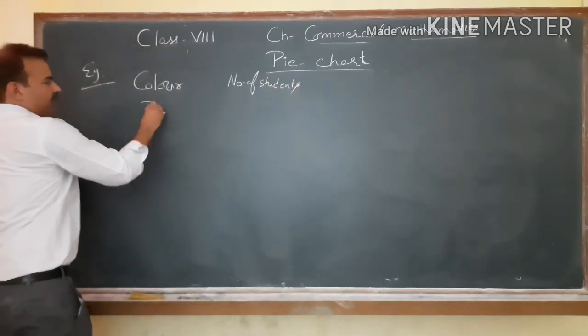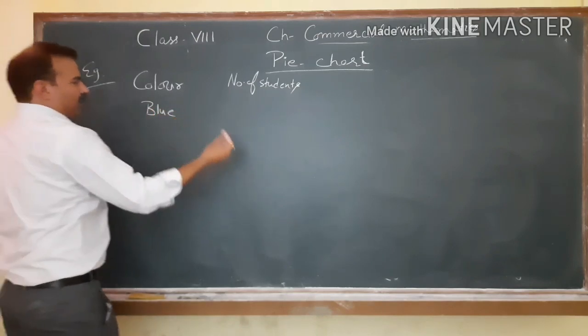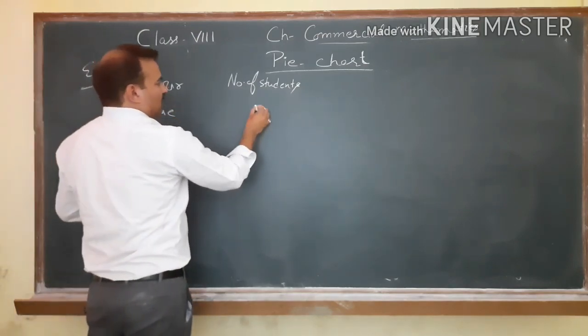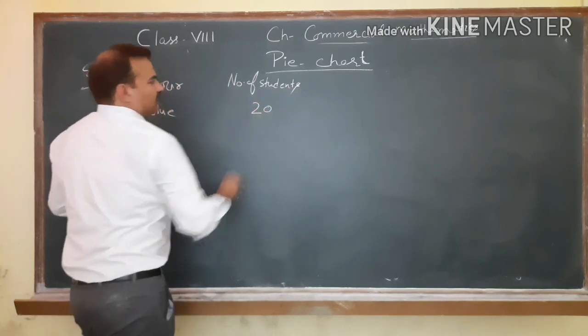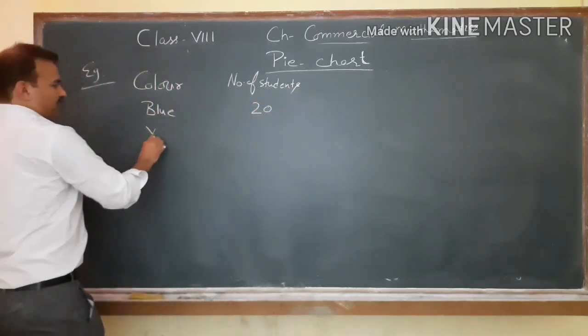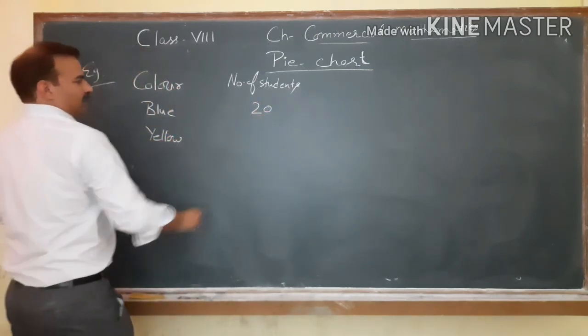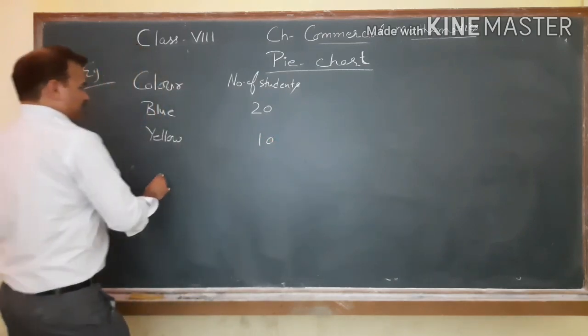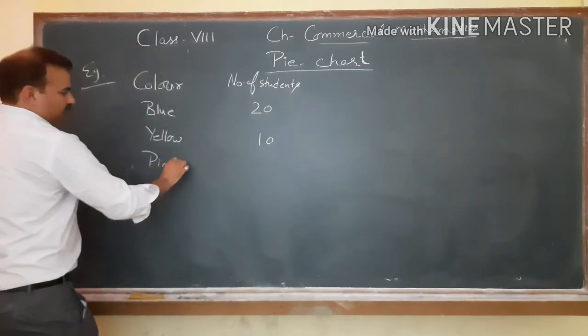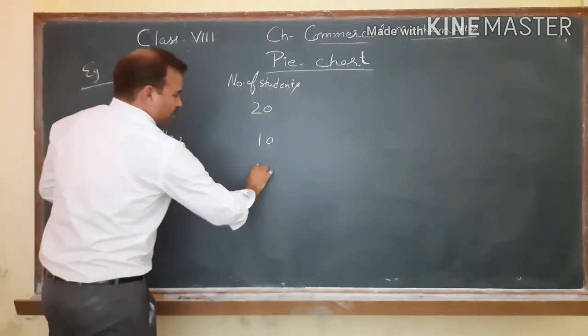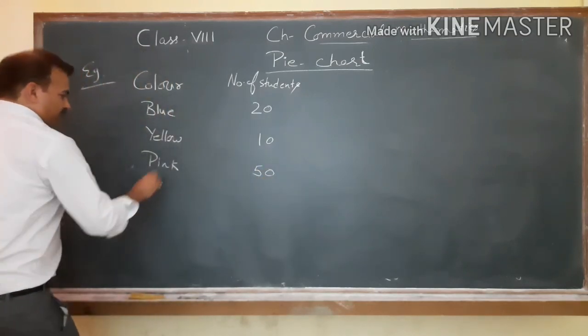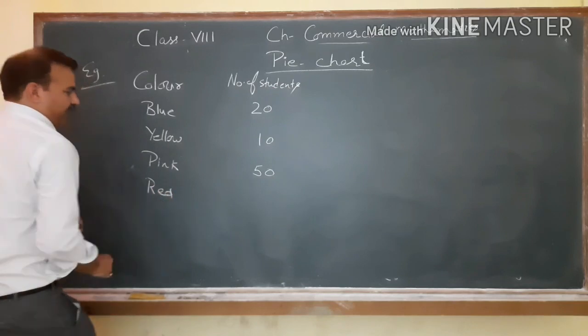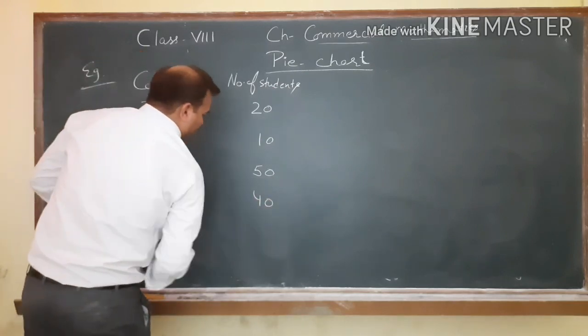Now let the color be blue. Number of the students who like blue color, let it be 20. The yellow color to be liked by 10. Pink color, let it be liked by 50, and for red let it be 40,